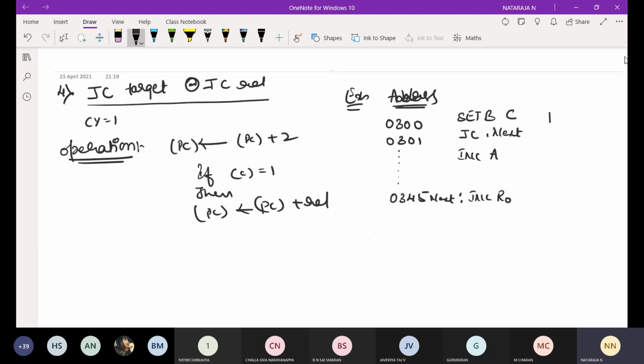Here I will take the condition: if carry is equal to 0, it will execute the next instruction. If carry is equal to 1, it will be moving to this location.